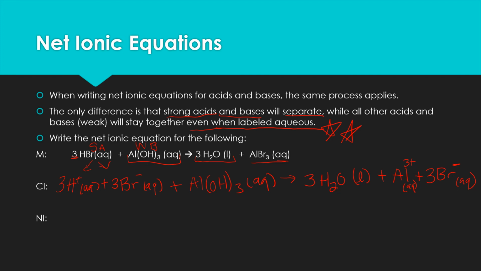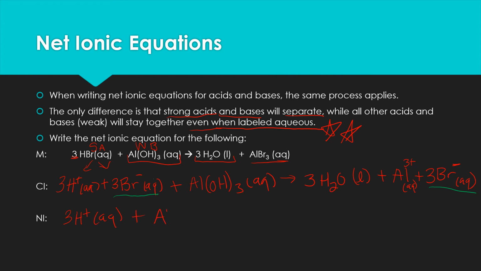other. Hydrogen is H+ on this side, and it's in the water on the right side, so it changes. Bromine is Br- on the left, aqueous, and it's 3 Br- on the right, aqueous. It does not change, so that's a spectator. The aluminum hydroxide changes because our aluminum becomes an ion, so we got to keep that, and our water we got to keep. So we can only remove our bromine, so we get 3H+ aqueous